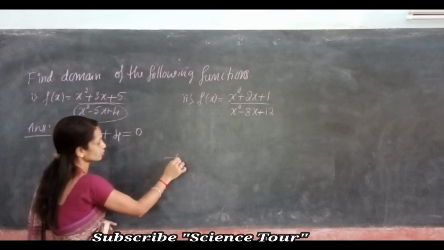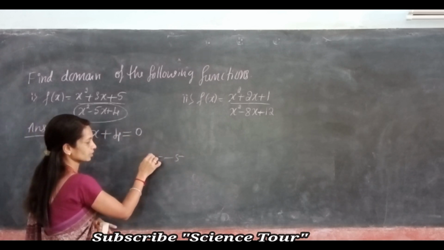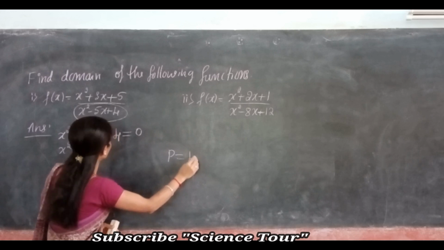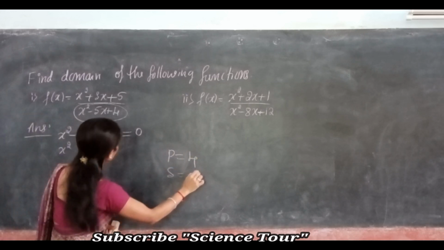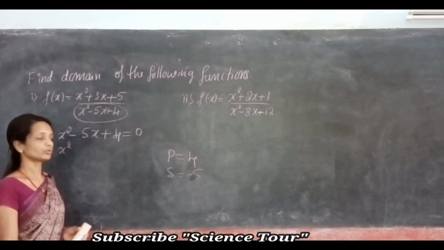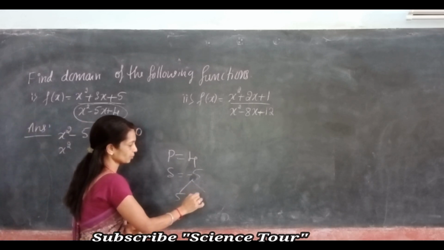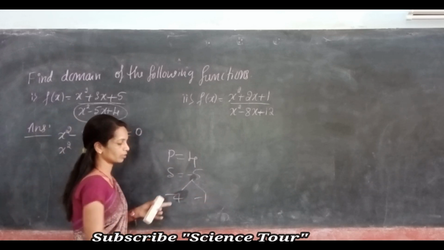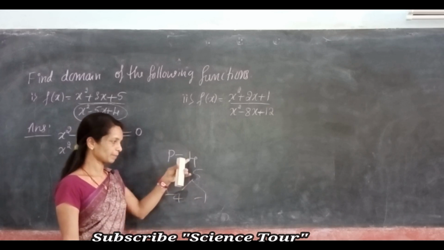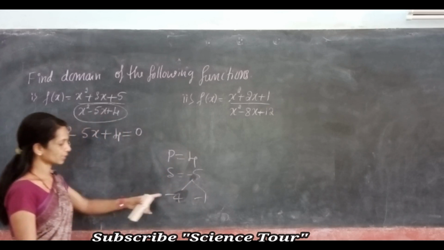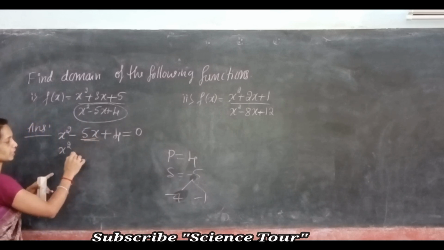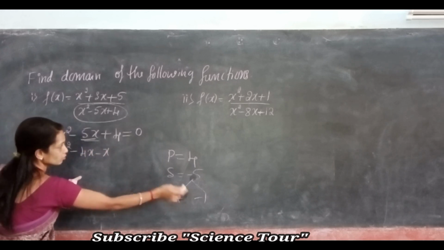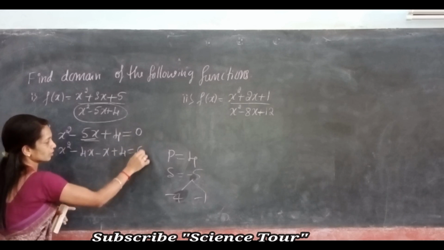Okay, the middle number is minus 5 and the product should be how much? Product should be 4 and sum should be equal to minus 5. Like that you have to get two numbers. You know that 4 into 1 is 4, and if you take both with the minus sign, then the product is plus 4 and the sum is minus 5. So you can take these two numbers to split the middle one. Split the middle one as minus 4x and minus 1x using these two numbers, and the last one as it is, you write equal to 0.